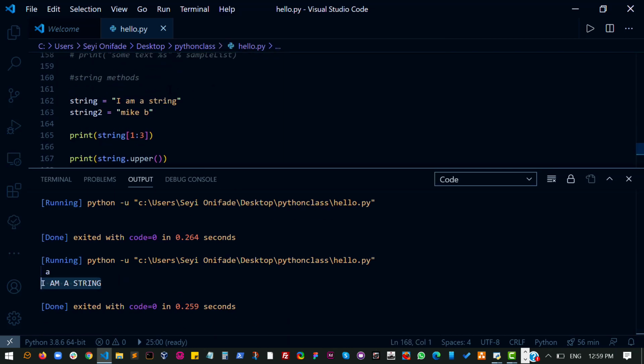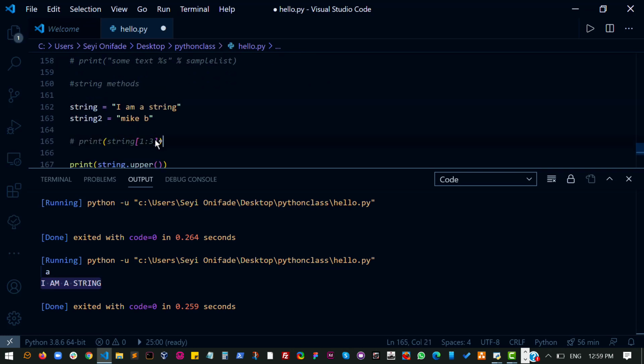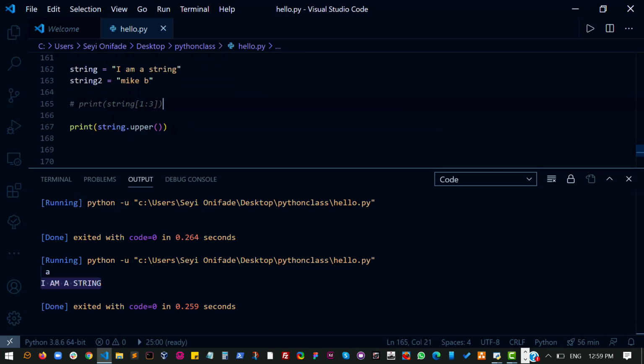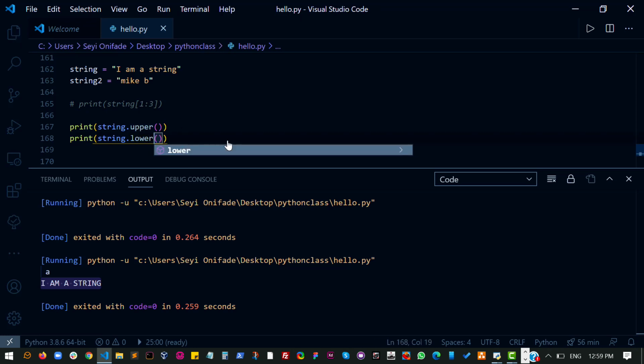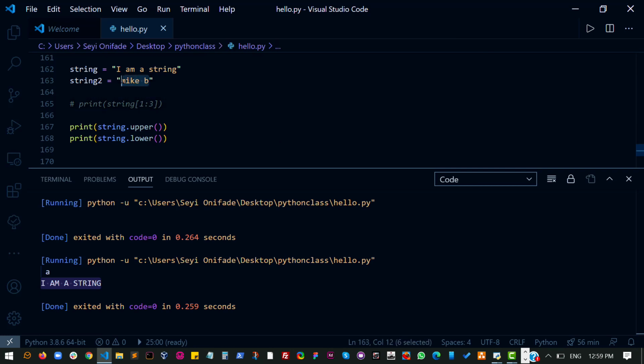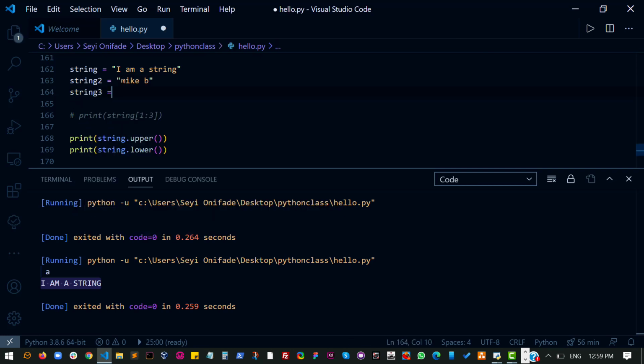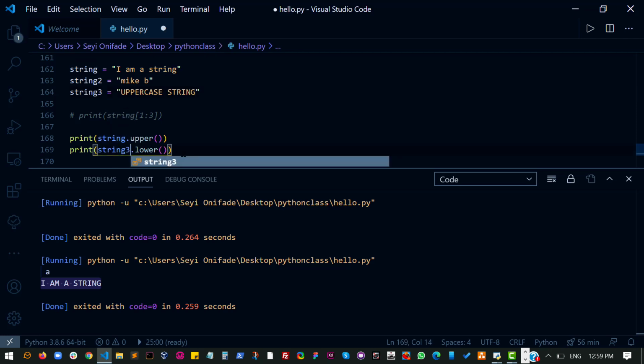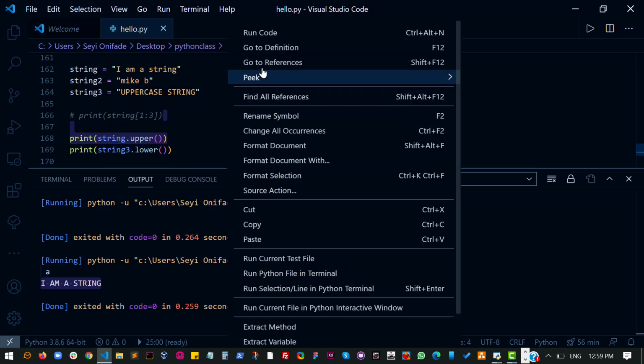Let's comment this out. I can also do to lower, which would keep, of course, this is already lowercase. So let's try a third string and make that uppercase. And then try that with the lower. So once I run this,